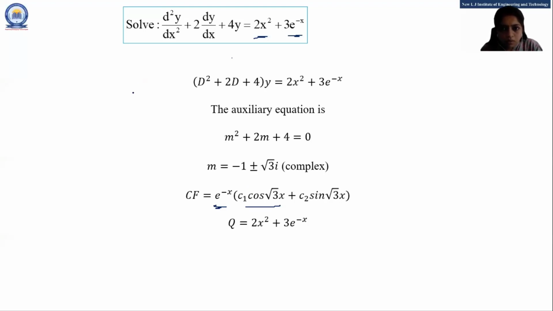One student has a doubt. Wait a minute. How will we know whether to solve a question using the shortcut method, method of variation of parameters, or method of undetermined coefficients? Okay, Akhilesh. When you are asked just to solve, then you may apply any method, whichever is applicable. You may apply the shortcut method, variation of parameter method, or undetermined coefficient method. Suppose in this example, right? For this particular example, you may apply the shortcut method as well as the method of undetermined coefficients and variation of parameter method.